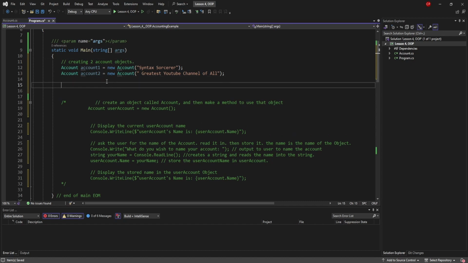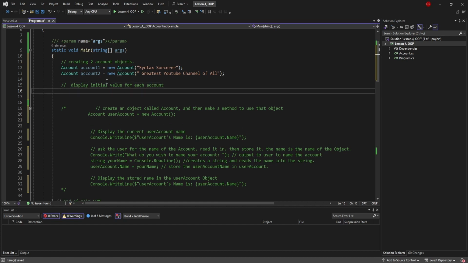And then what we're going to do right here is display initial value for each account. All right. So then we're going to go Console.WriteLine. Then we're going to say, make sure we add this in. And then account one's